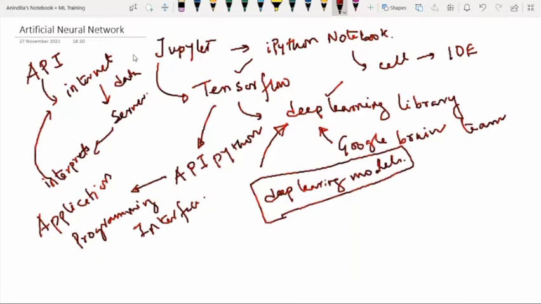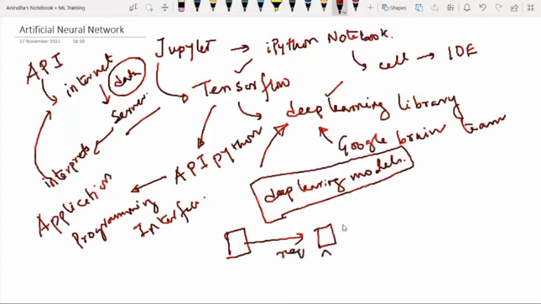So whenever you are checking some weather related information on your mobile, you are exploring API. API means you are sending some request to the server from your mobile phone. You are sending the request to the server machine, and the server is interpreting and sending back the necessary data as a response to your mobile, and then only you will be able to see the weather condition. So this is the basic concept. So the API used by TensorFlow is Python. So that's why we are using this one.